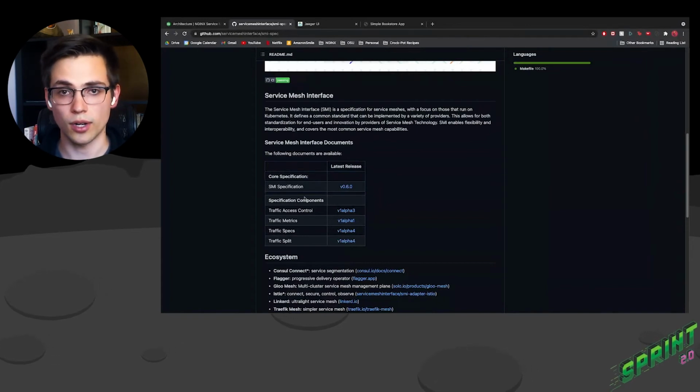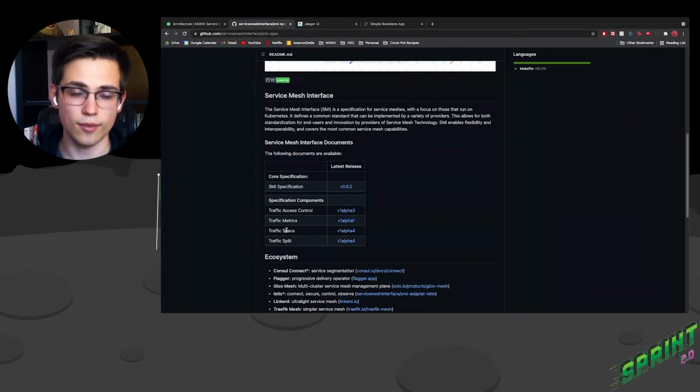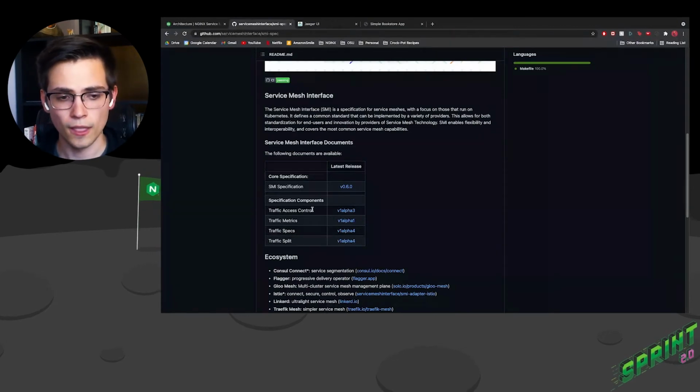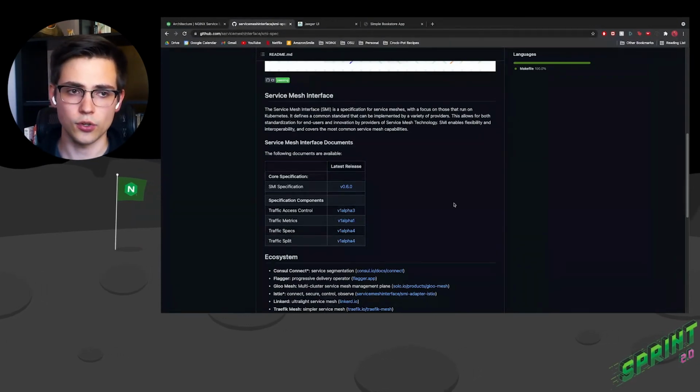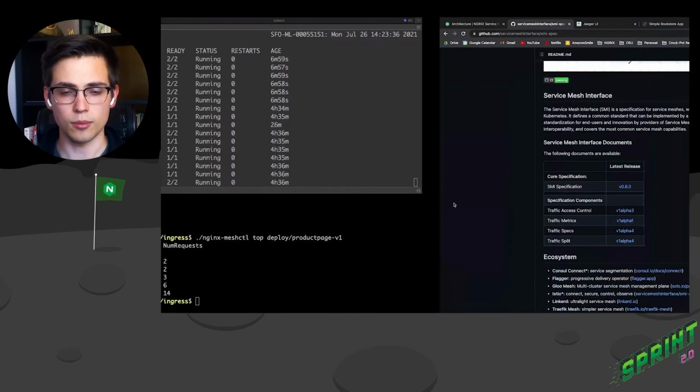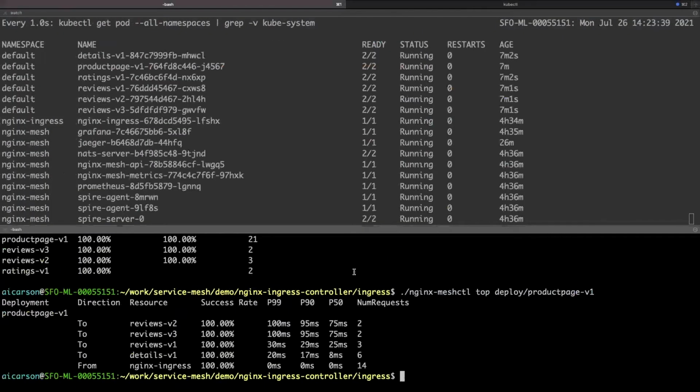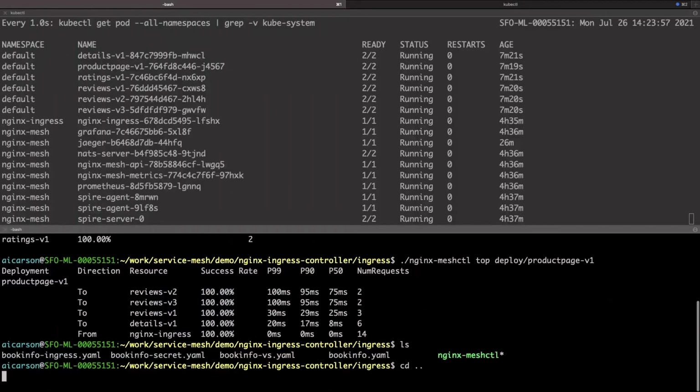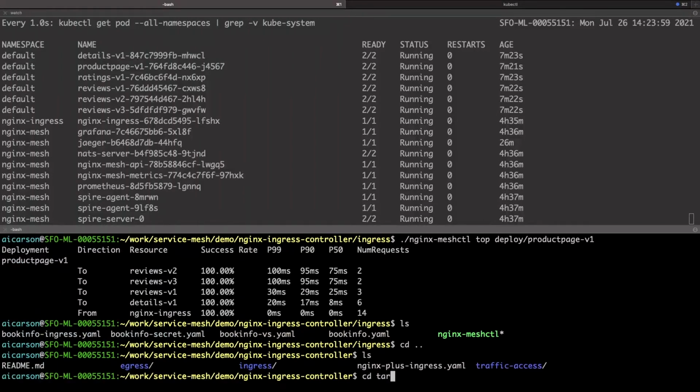We also have, which is what I want to focus on, traffic specs and traffic access control. So specs and access control work in tandem to define this authorization piece of explicitly defining who can talk to who. We have encryption, which is securing the data itself, authentication, making sure who you're talking to is who you want to be talking to. But then we need to define whether we actually want to be talking to that entity. So let's just switch over to traffic access.